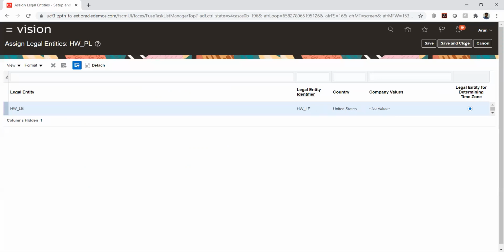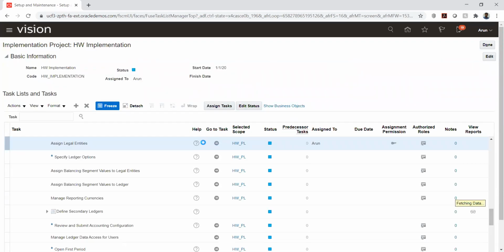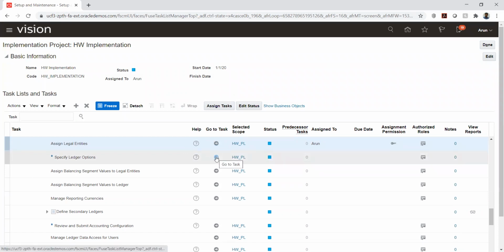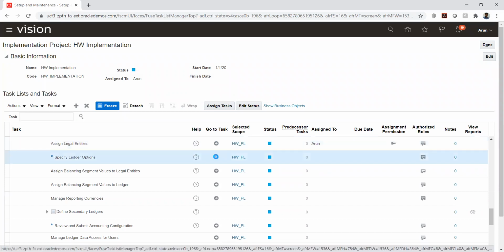Yeah, I have attached it. Let me save and close this. The next step would be to specify the ledger options.